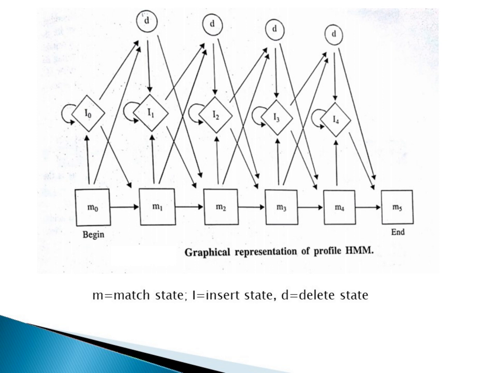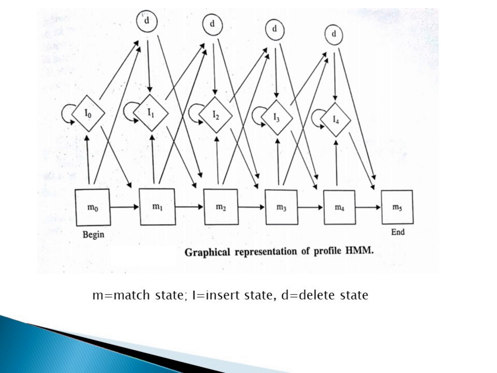A graphical representation of a typical profile hidden Markov model is shown in this figure. If a box contains a uniform distribution across the 20 amino acids, then the probability of any amino acid is 0.05. If all the transition probabilities are equally probable, then they are each 0.33. Using these average values of 0.33 for the transition values and 0.05 for the probability of each amino acid in each box,